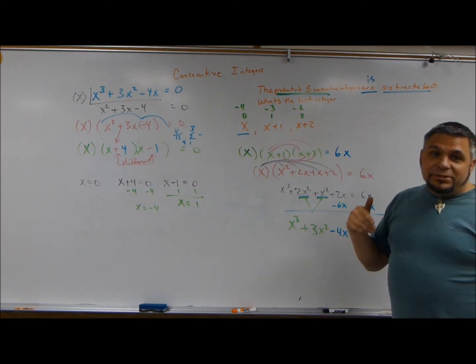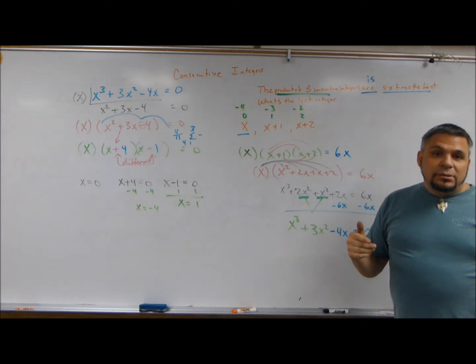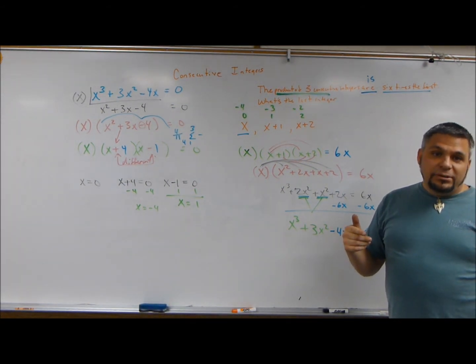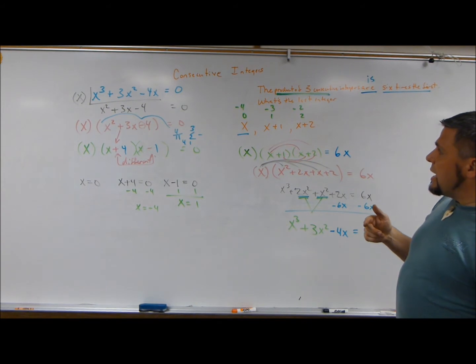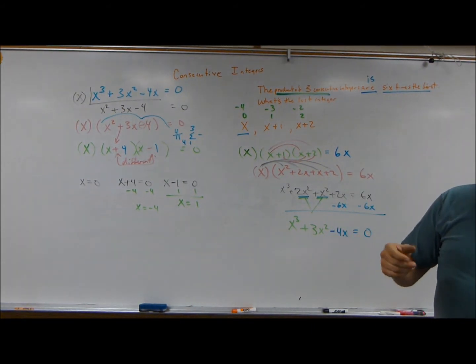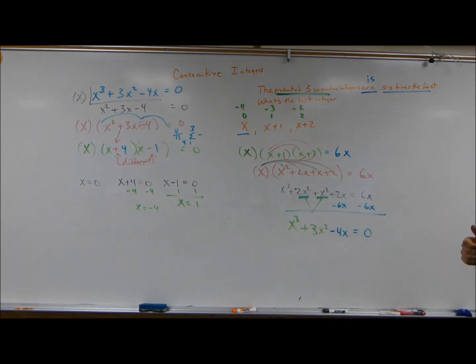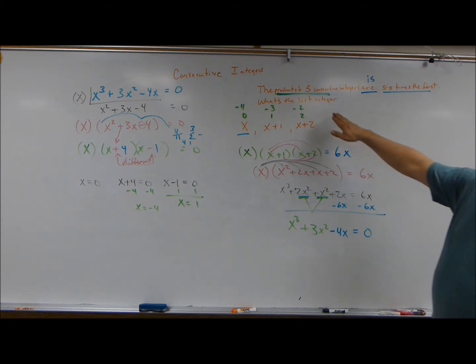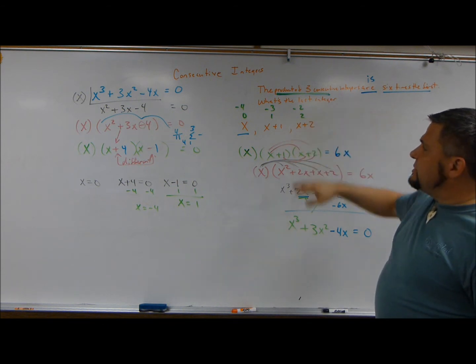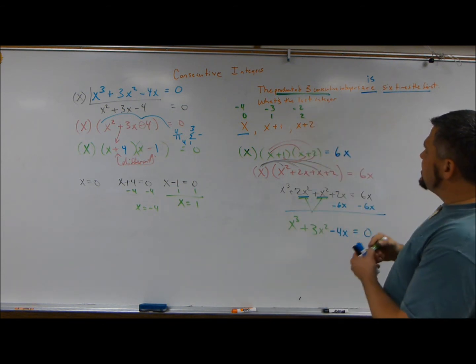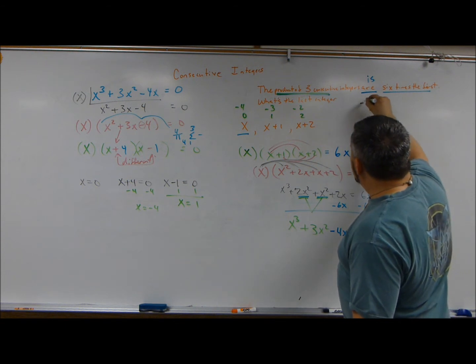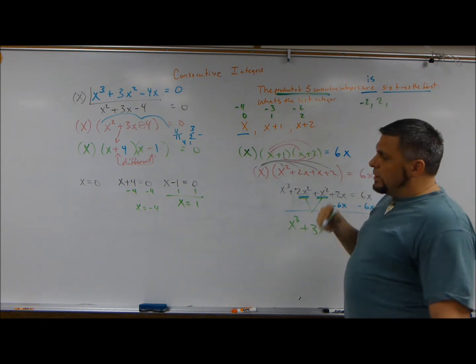Negative 4 times negative 3 times negative 2 is negative 24. And what is 6 times negative 4? Negative 24. Perfect. So how would you write it? There are so many possibilities. Well, in this case, it's asking for the last integer. So the last integer could be negative 2, 2, or